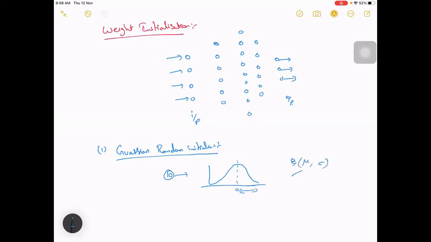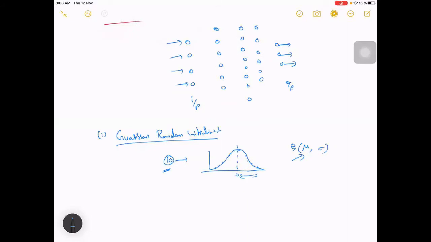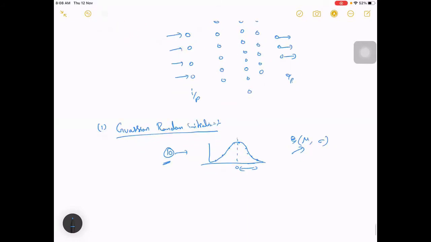If you mention both, it will generate values within this Gaussian curve. We need 10 values, so it will sample 10 values out of the Gaussian curve and give them to us. This is how a Gaussian random distribution works. Usually, for random initialization, we mostly follow Gaussian. So this is one way to do it.